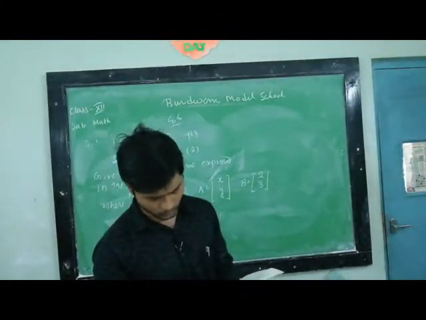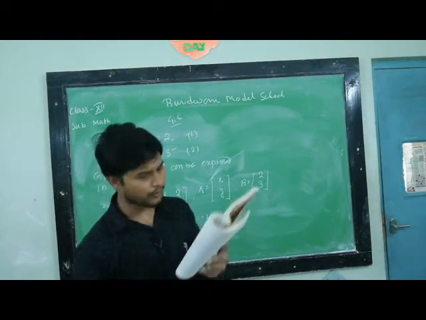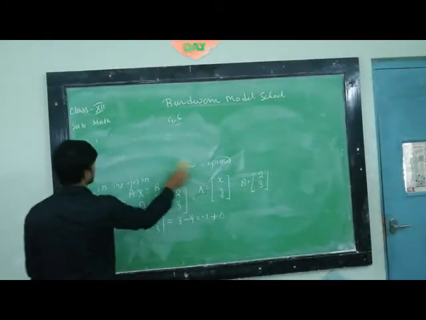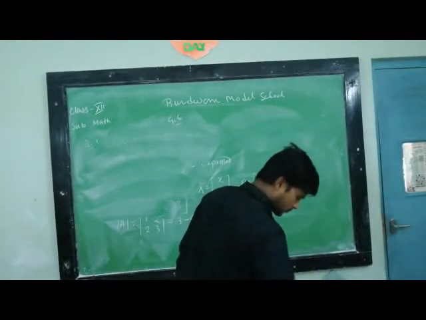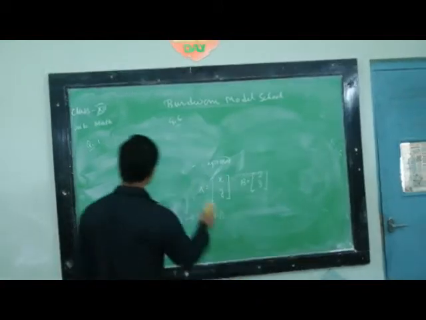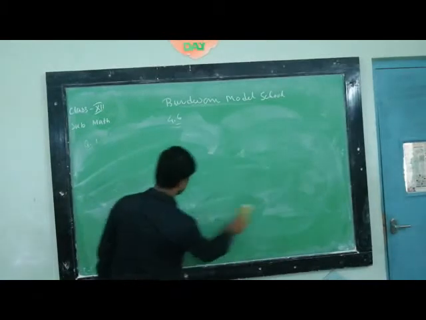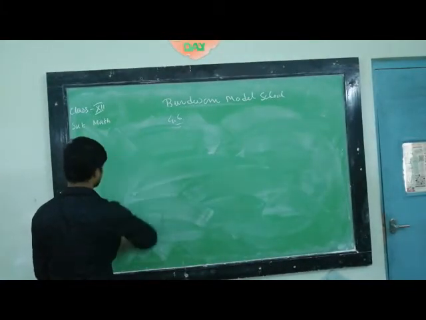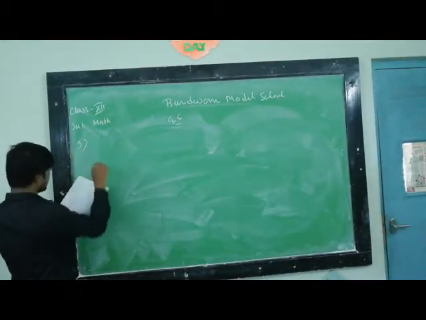Okay, let's take another example. Suppose question number 5. It will be a 3 cross 3 matrix. Question number 5 is